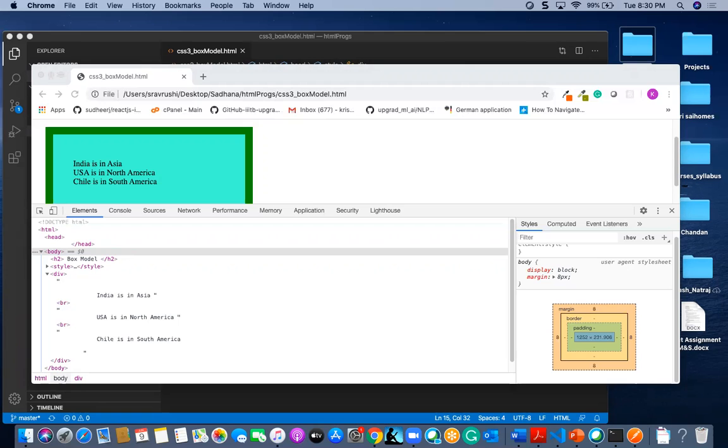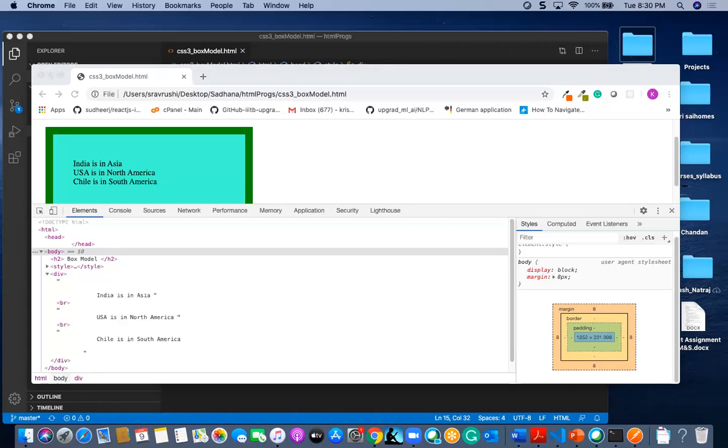Already we have done this one. In the earlier exercise, I told you about aligning divs horizontally. You have to do the same thing: align them with float left.